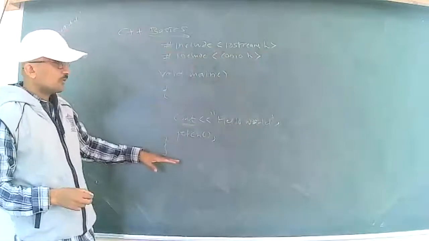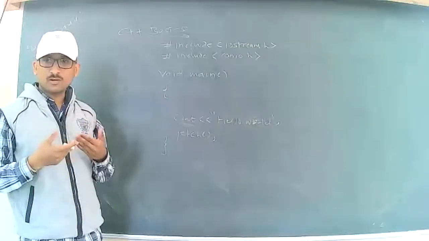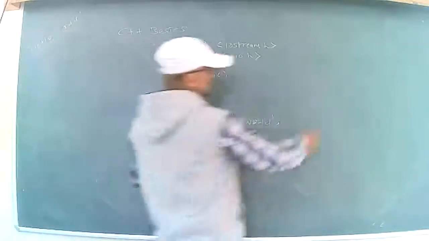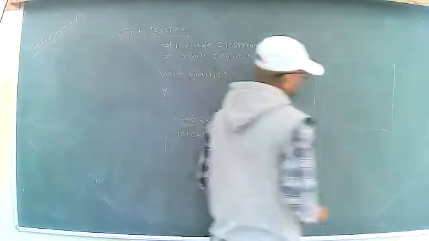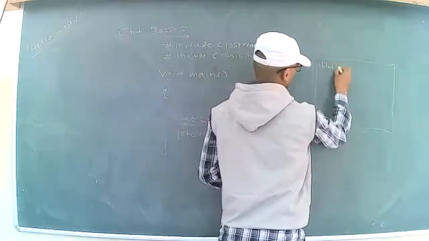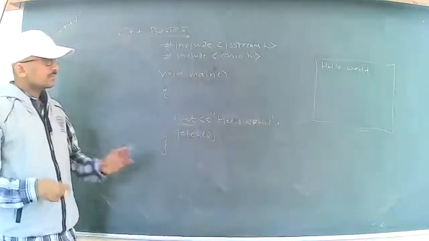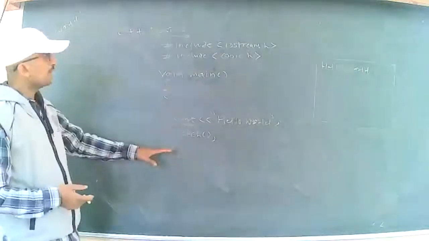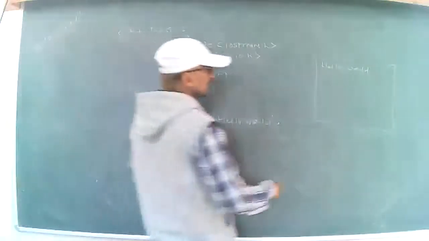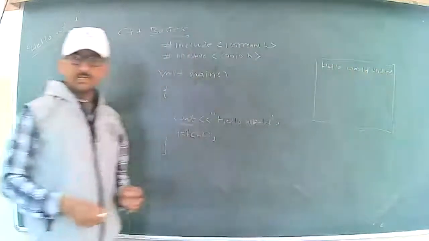Now if you compile this program, your program will be compiled, and after running, if you execute this program, on your console screen you are going to have output just like this: Hello. Right? Now, if the next time you again compile and run this program, then again you are going to have the hello world. Your console screen is not going to be clear.